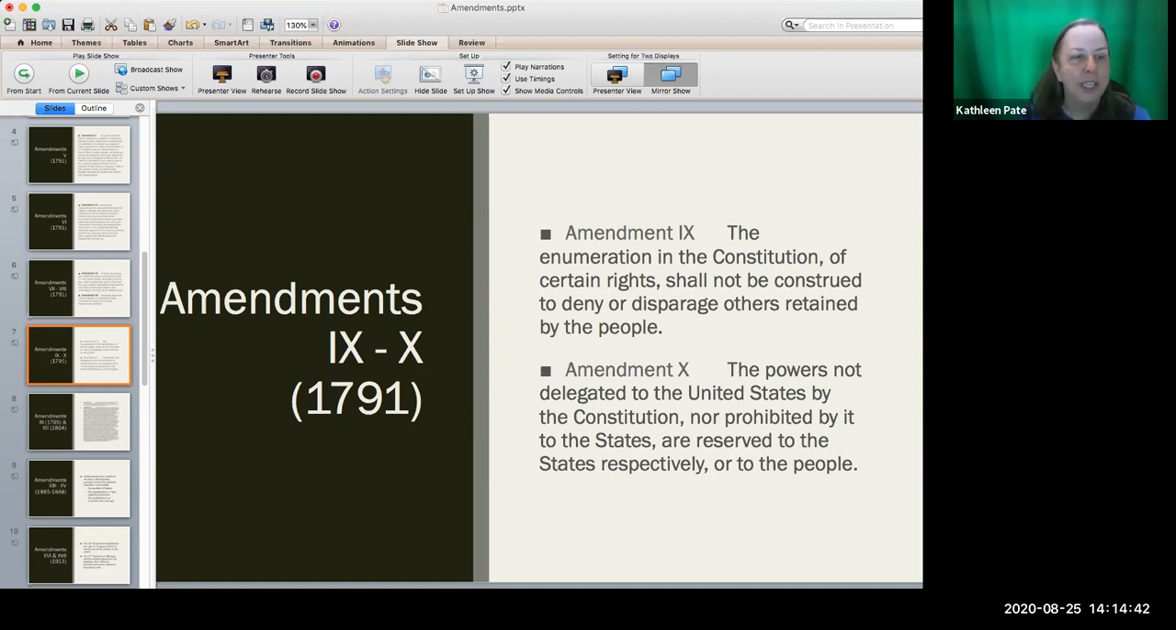All right, so we don't see a lot of amendments passed. They tend to come in clumps, right? So after the first